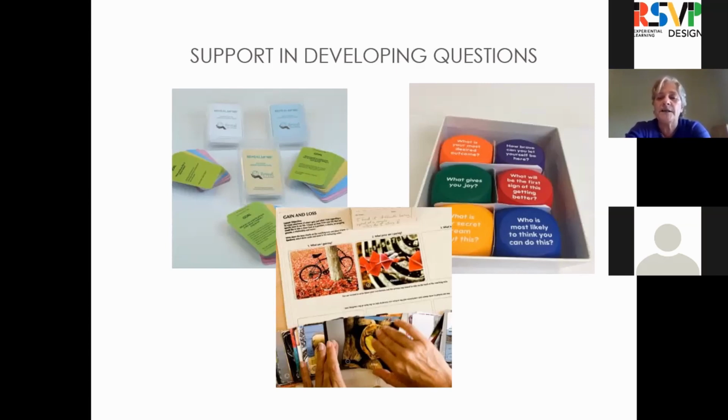The picture on the top right is a set of coaching cubes. These are 6 cubes, as you can see in the box. Each face has a different question on it. And one of the things that can be quite fun to do is to simply roll the dice and come up with a random question that can be dropped into the coaching conversation at different stages. There are different types of question for the different stages. And that can sometimes move a coach who's getting stuck into a new set of questions.